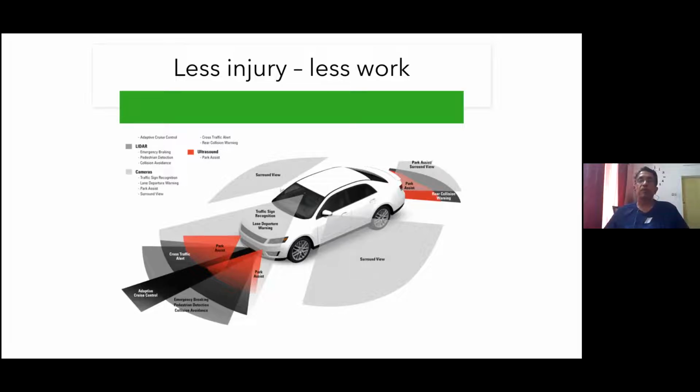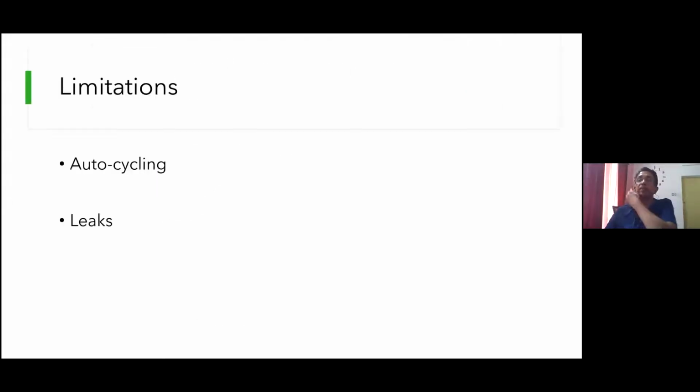But logically you can think what would happen if I'm driving in India. My car would never move because people would keep crossing in front of my car all the time and my car would keep applying the brakes. So you would never go at all. So there are limitations in these kinds of systems. It's not that they are without problems. They would work best in a clean airway and in a clean type of ventilation, not in a chaotic ventilation.